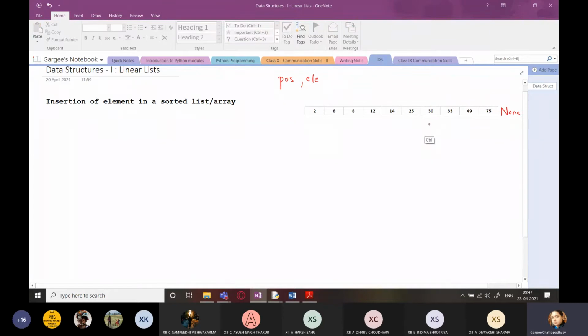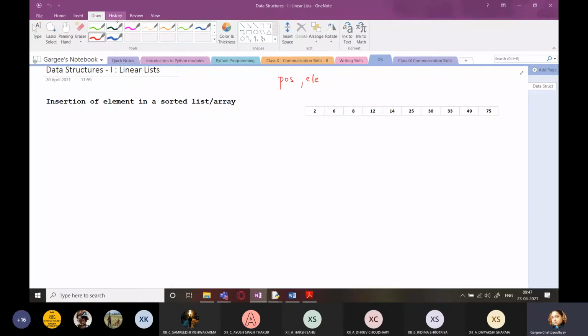So today we are going to see how to do this with the help of a sorted list or array. As you can see, this array is sorted. So I'm just going to fix the position of the array elements here. This will be 0, 1. So we have 10 elements in this array, and the size of this array is what? 10. Okay, as you can see over here.